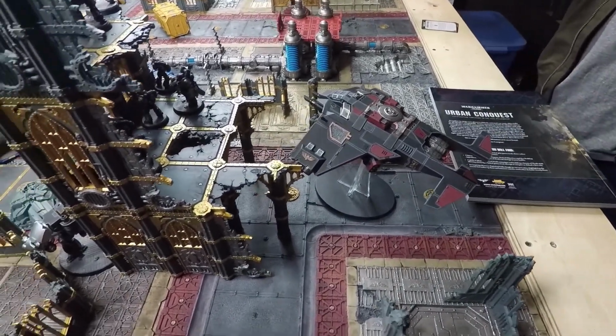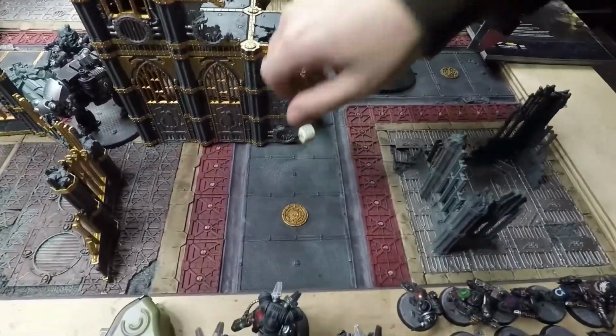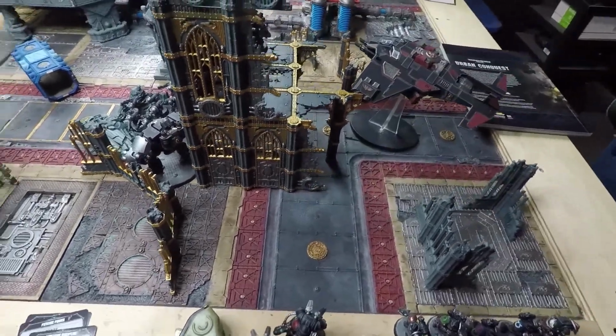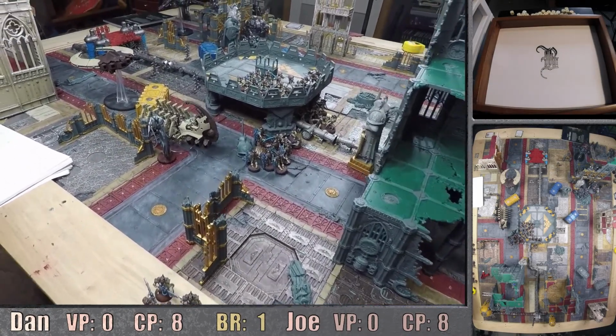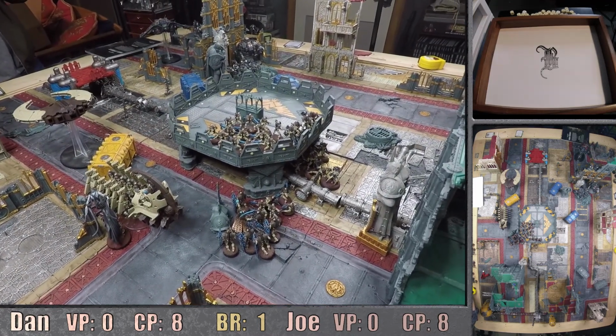And then with this mission, I get first turn by default unless Joe seizes. And I will attempt to seize. I do not. It's turn 1 for the Necrons. I mostly just move forward on my first turn. I'm kind of gonna try controlling midfield, I think,